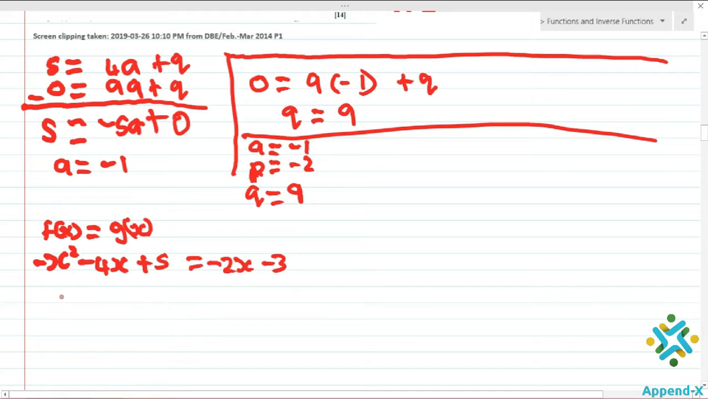Okay, now negative x squared minus 4x, taking negative 2x to the left hand side becomes a positive 2x, giving us a negative 2x. Okay, now 5 and negative 3, when you take negative 3 to the left hand side becomes a positive 3. That will be 5 plus 3, giving us a positive 8. Now this is all equal to 0. Okay,